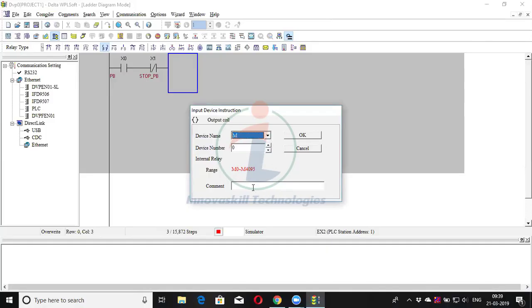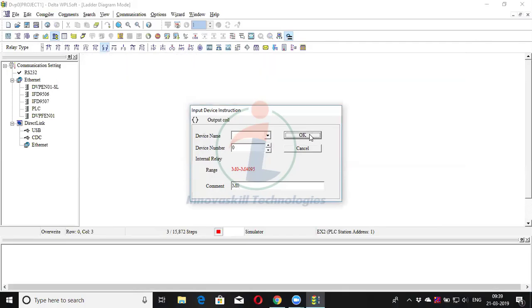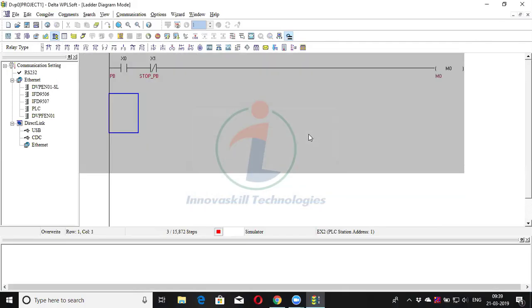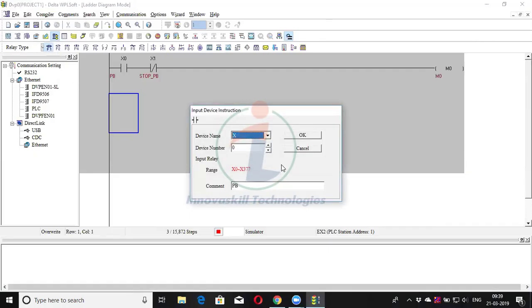So after that, for example, if you want to give M1, M0 like that, you can give any name and give OK. So now what I'm going to do is I'm going to click this and I want to latch it. So again click M0, give the address as M0, give OK.